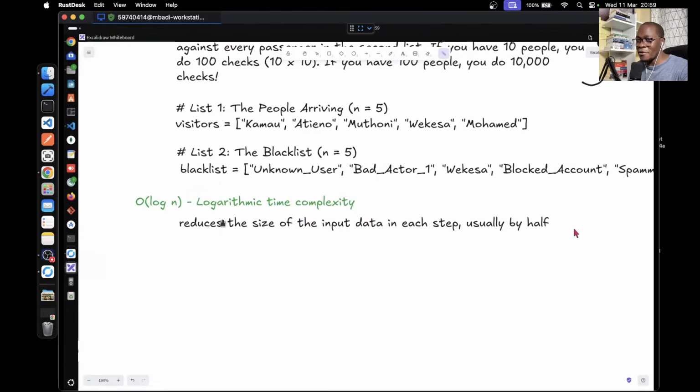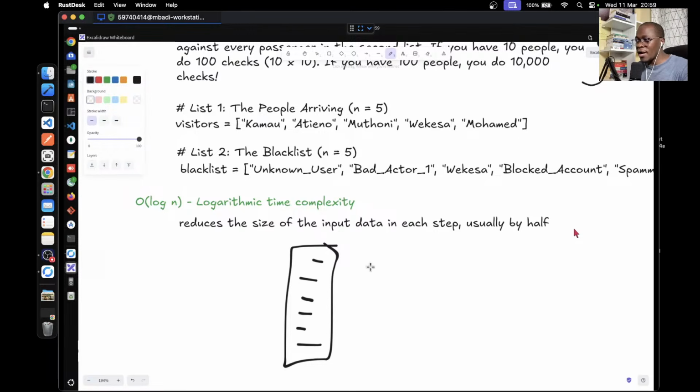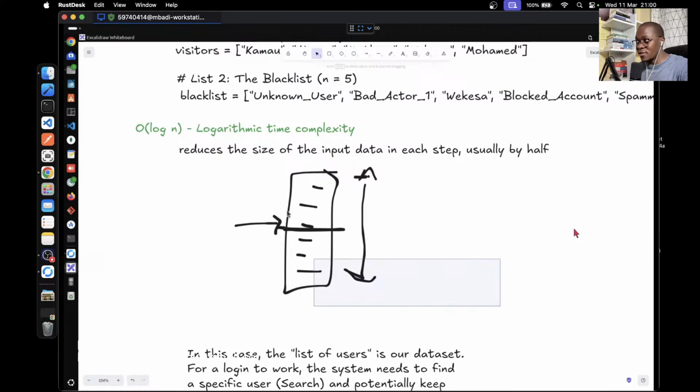If you remember, I already gave you this example. If you have a list of users, person A will search through the entire list from the top to the bottom. And person B will split the list into two, the first half and the second half. Then they ask themselves, is the person we are looking for, alphabetically, on the first part of the list or the second part? Then they focus on the part where that person is, and keep breaking the list into two halves until they find the person they are looking for. So let's just delete this.